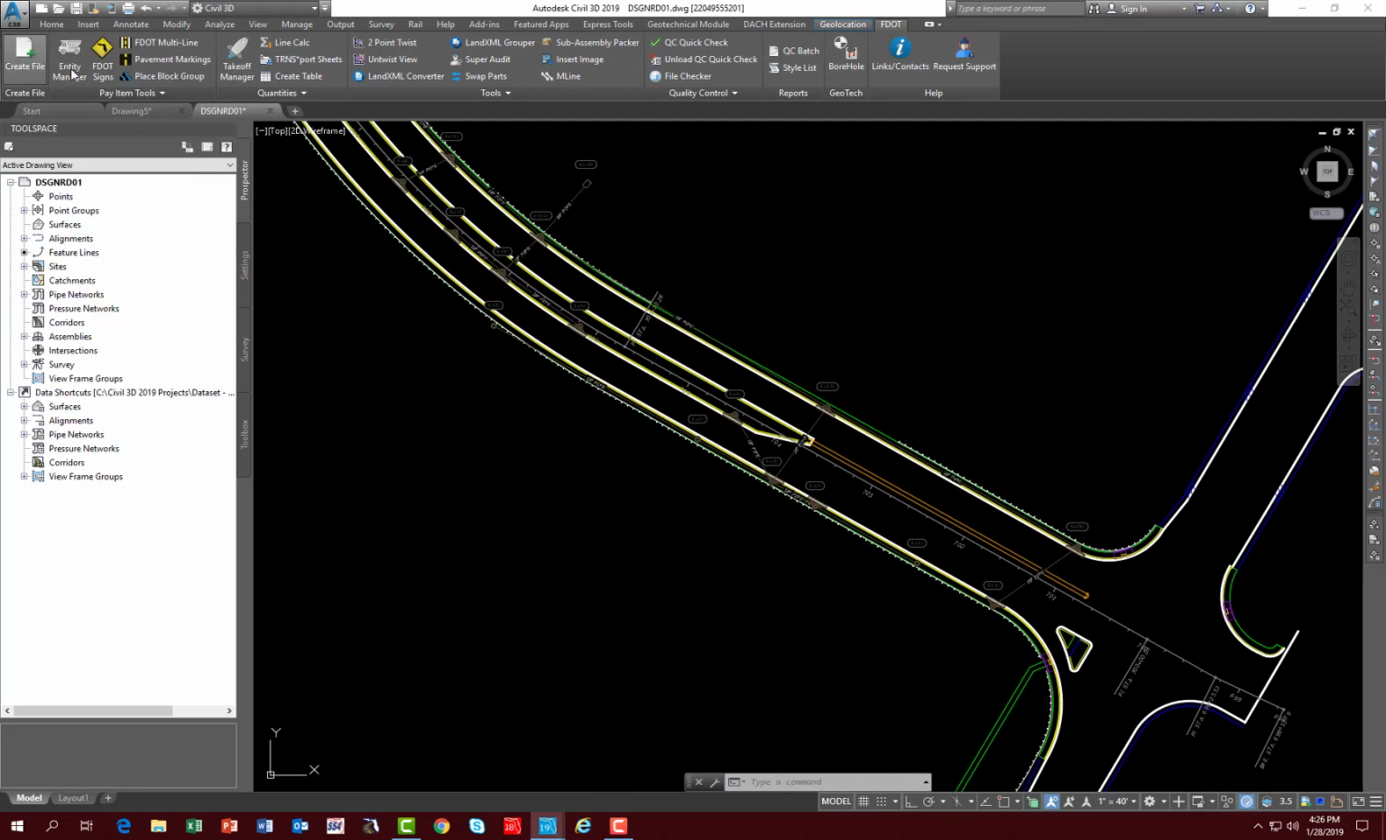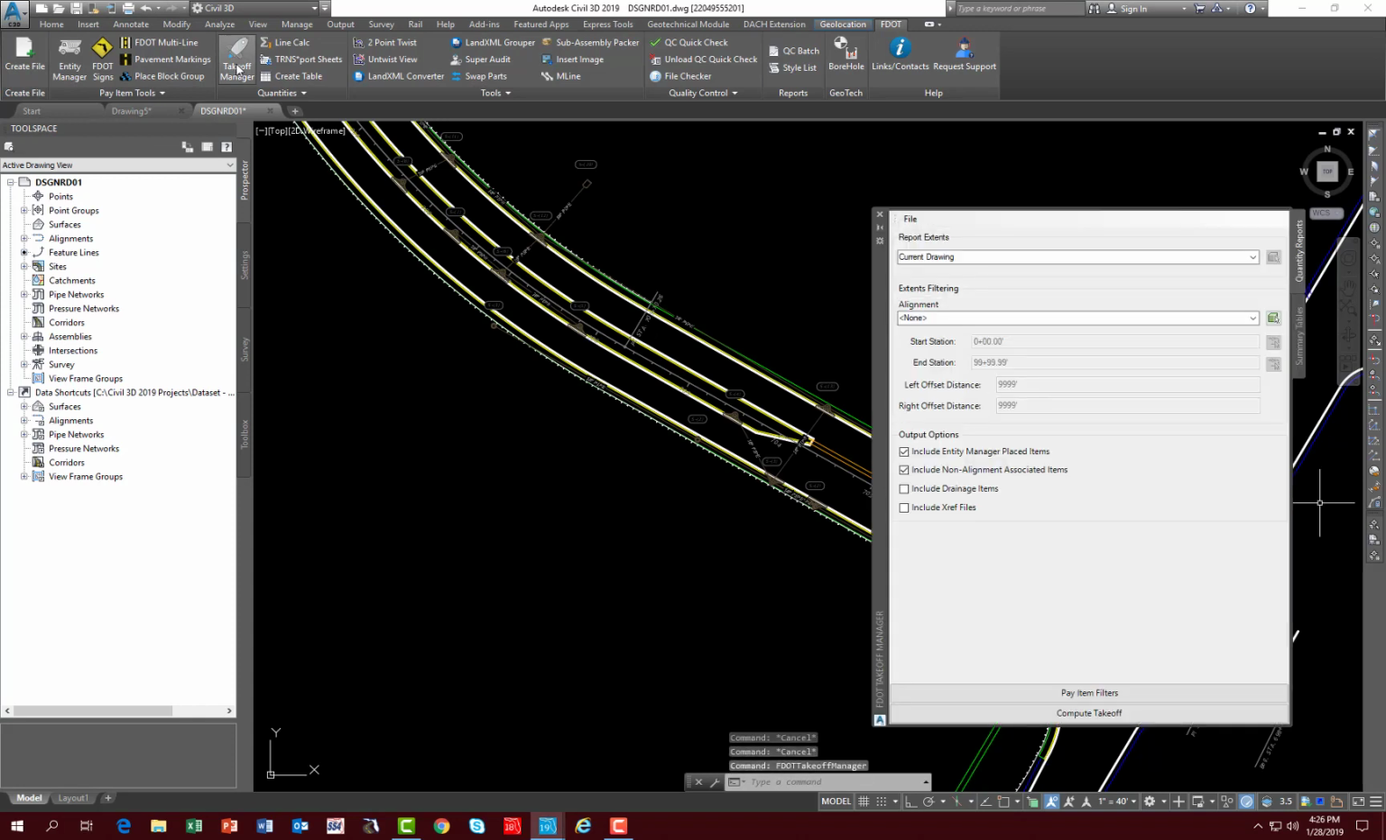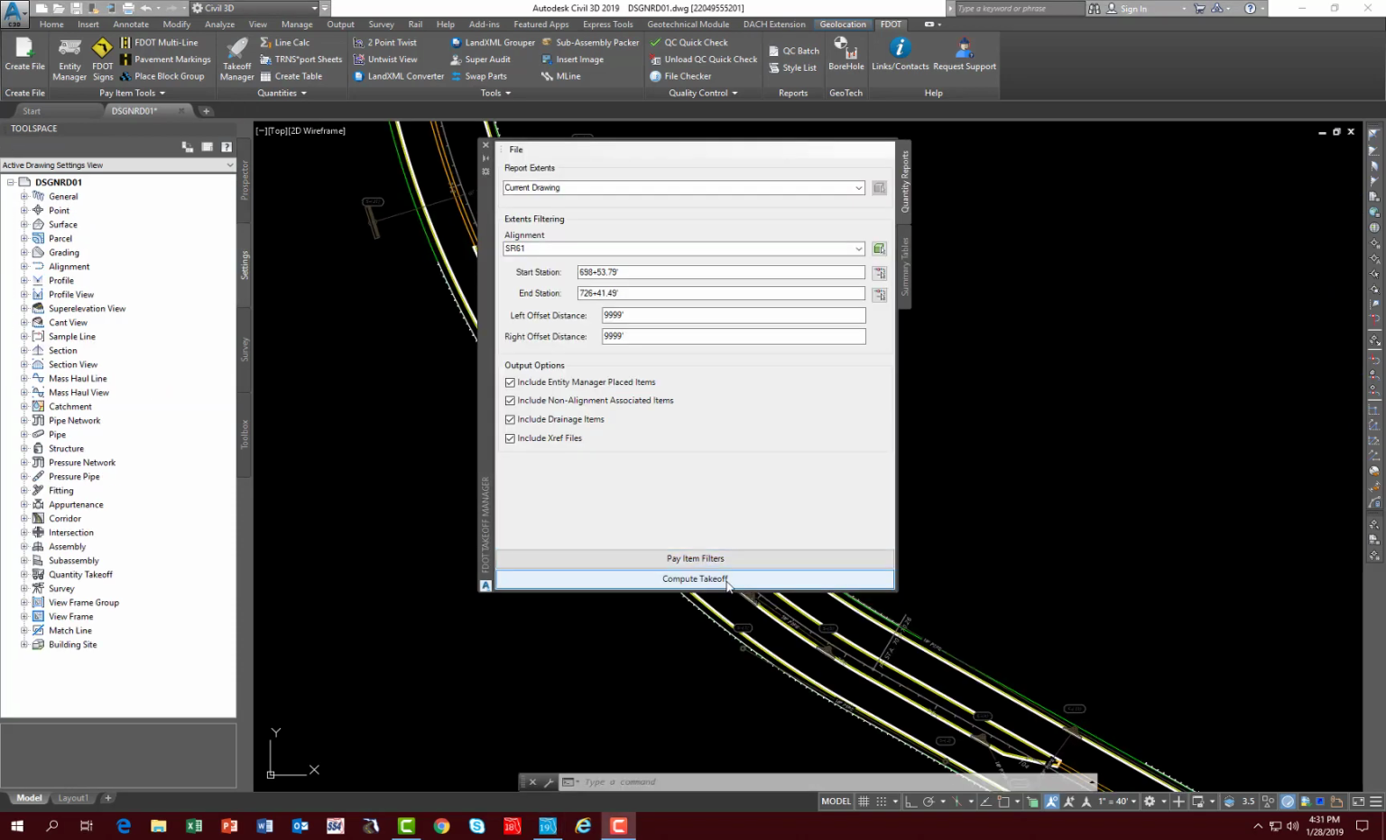So now we can go back to Takeoff Manager, open it up. We want to run a quantity report. So select Alignment, State Route 61. And we want a few other items here that weren't selected before, which is include drainage items and include Xref files. So then you would select Compute Takeoff, and it would take a little bit longer since it has an